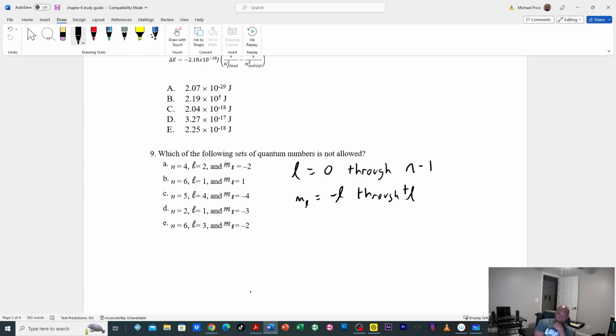M sub L can also equal to 1, because remember, when L is equal to 1, M sub L can equal to -1, 0, or 1. So B, we can't exclude B. So let's see,